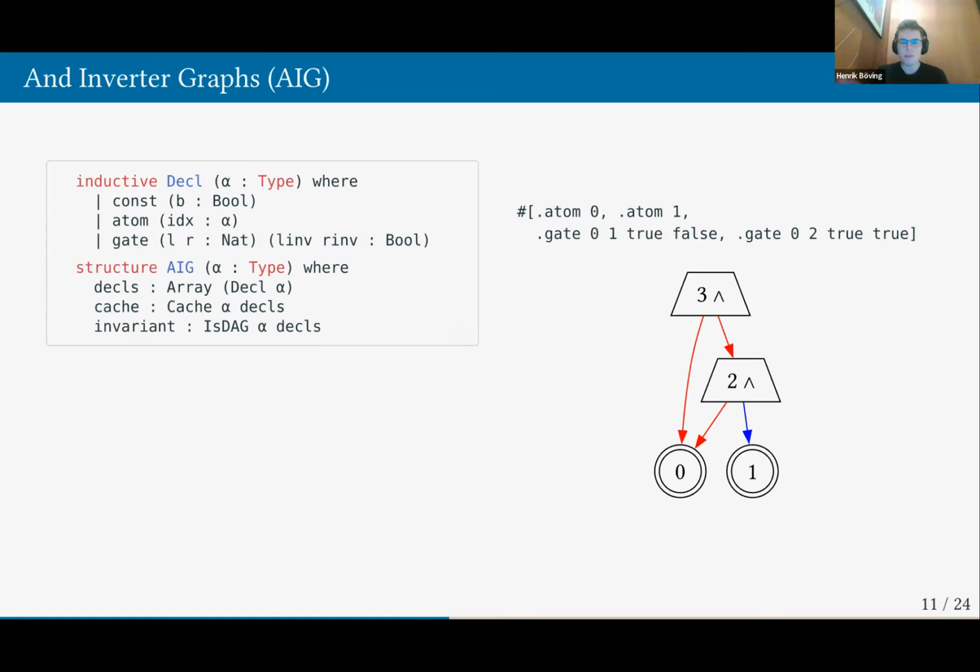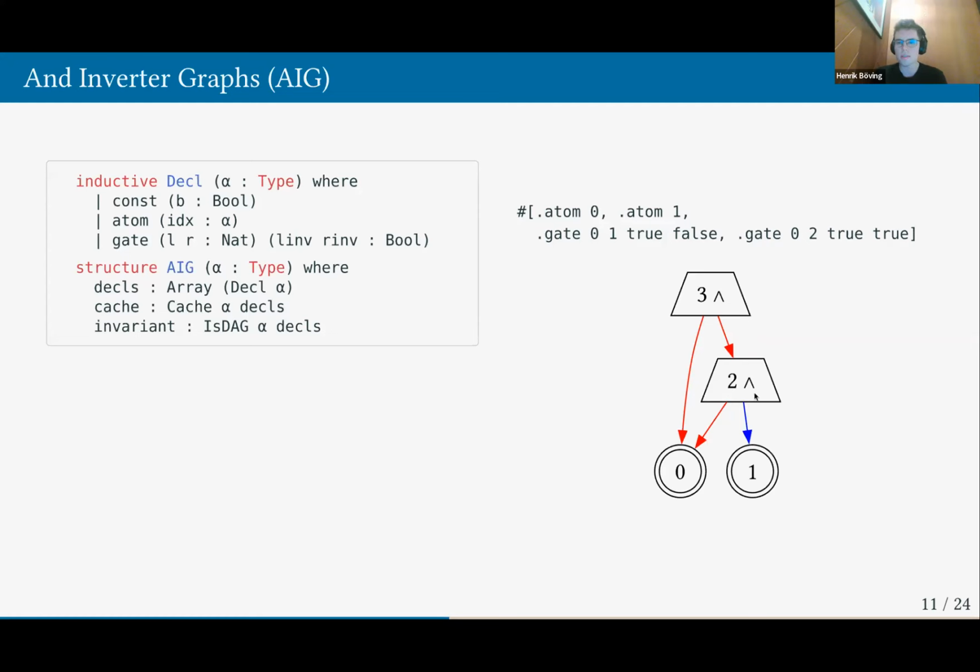So now we go to the circuit translation. And for that, we, of course, need a notion of circuits. And Bitwuzla uses so-called AND inverter graphs for this. And an AND inverter graph is just a kind of circuit with three kinds of things. So we have input nodes here, 0 and 1, then AND gates 2 and 3, and then these AND gates are connected to each other. And here, depending on whether the color is red or blue, the input to that particular AND gate is either